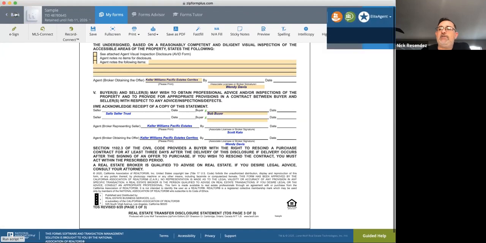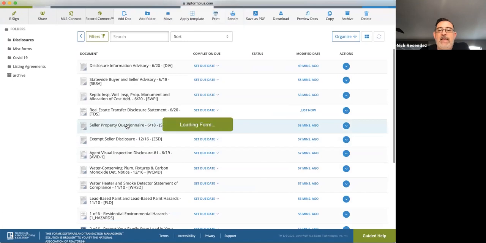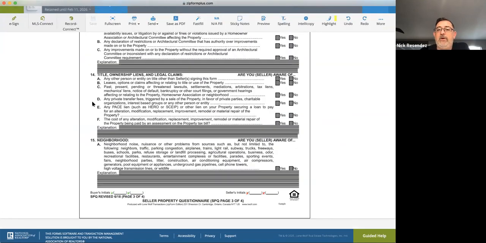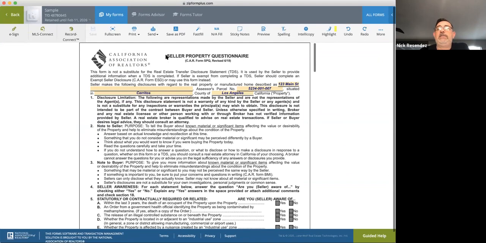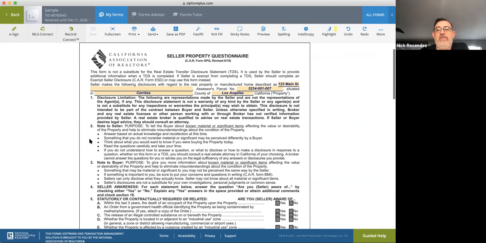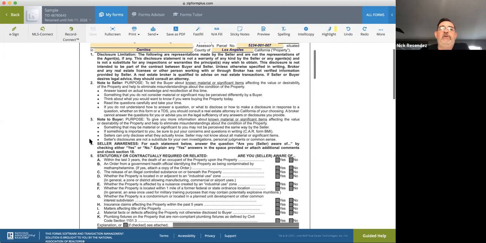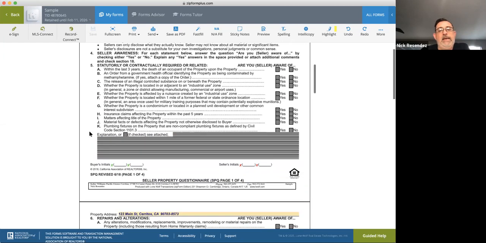If the TDS is required, which it usually is going to be, we must have a SPQ, the seller property questionnaire, okay? So the purchase agreement actually states in there that if a TDS is required, the seller must complete an SPQ as well, okay? Again, it's more of the same with the TDS, but really what we're doing here is we're expanding and going a little bit deeper into some other questions, okay? The first part of the disclosure requirement on this form is paragraph 5. And note here,